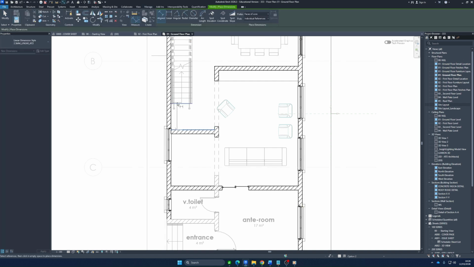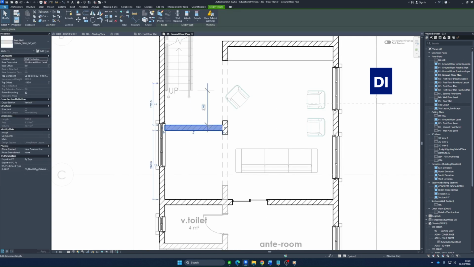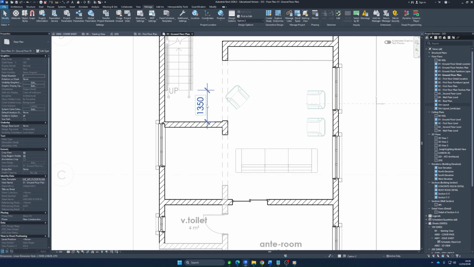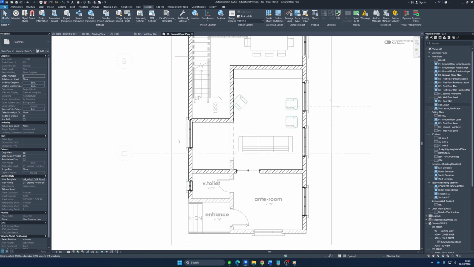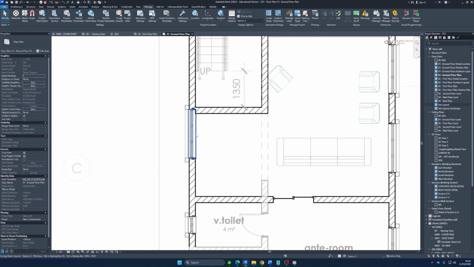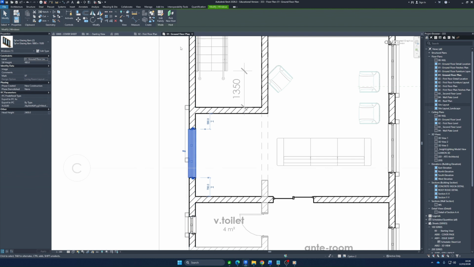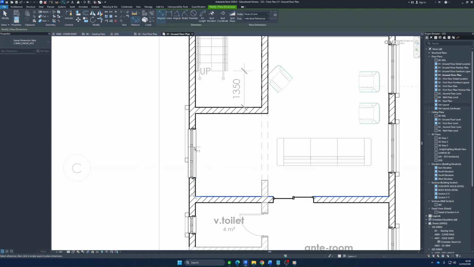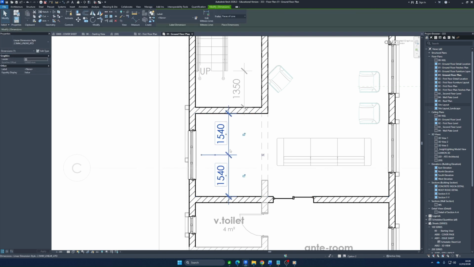We'll use DI for dimension, and we'll make this, let's say, 1350, and TR for trimming, and we'll just trim this wall and then join these two together. Now this is the reason why I wanted to add the windows, so that I can move them. So we'll move this window and let's centralize it between these walls. I'll just delete this,